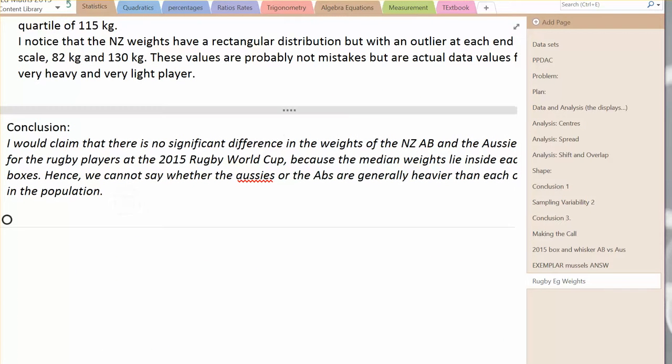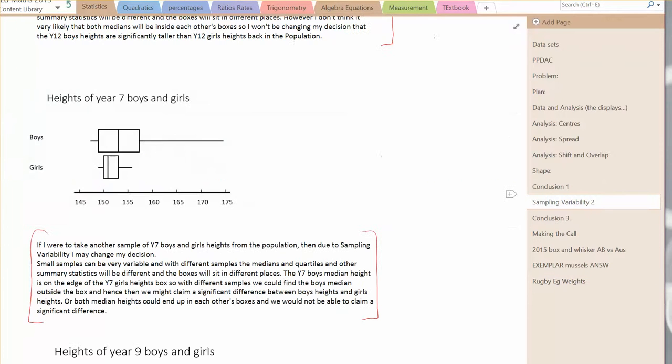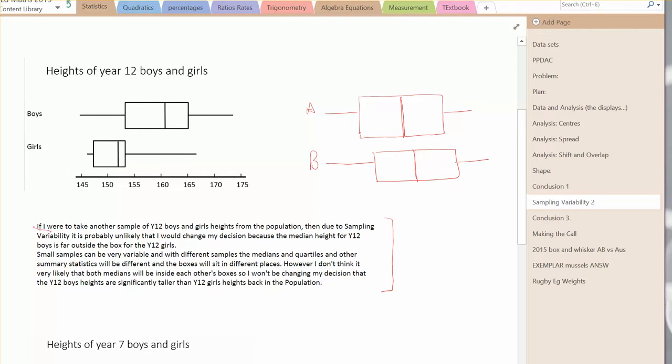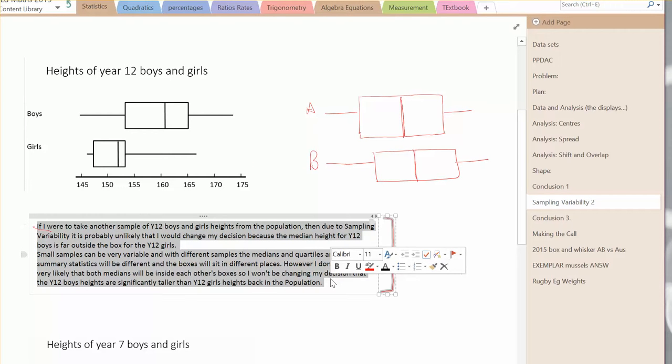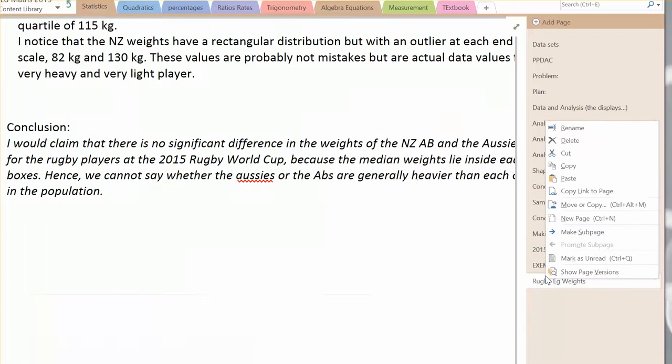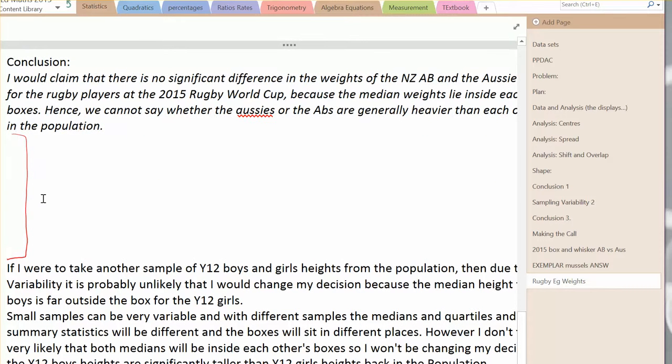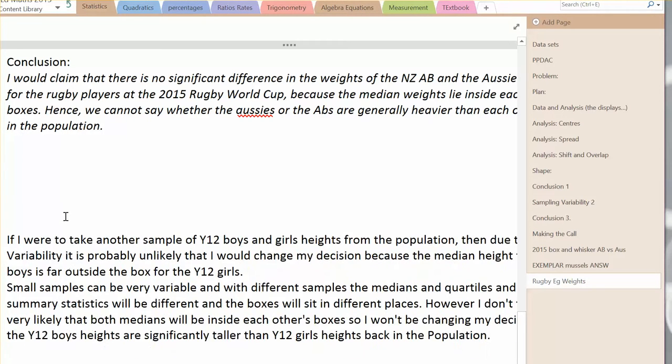So if we go back, paragraph 2, it's probably situation 1 where we're not going to change what we've said. So if we copy the wording from here, let's go back to our example and reword it. Let's get rid of that. To make another sample of